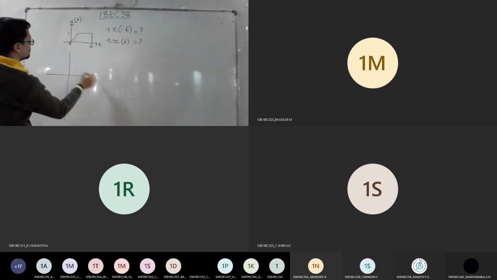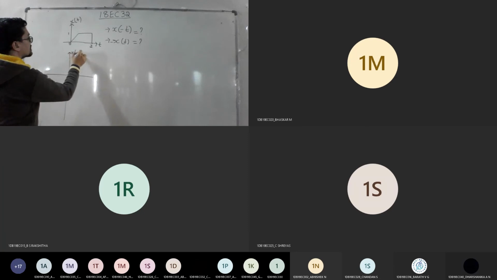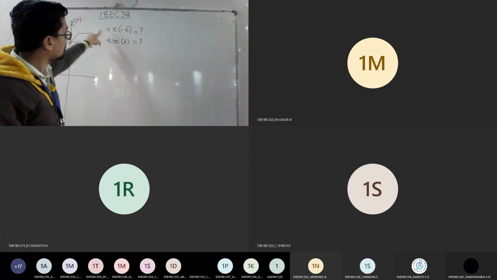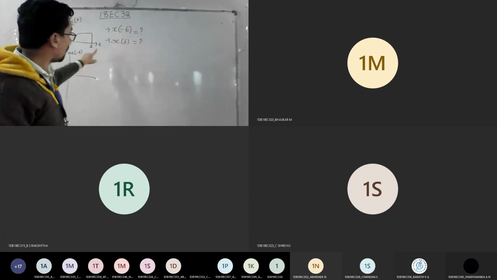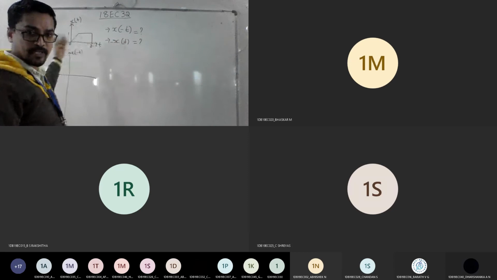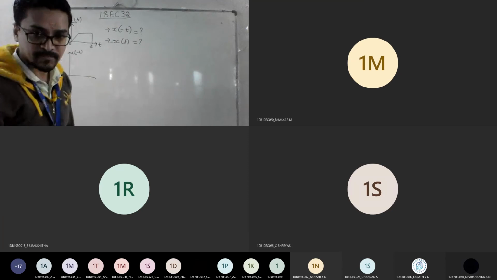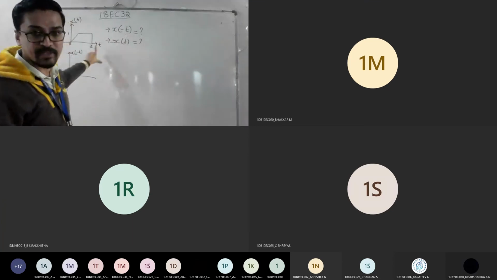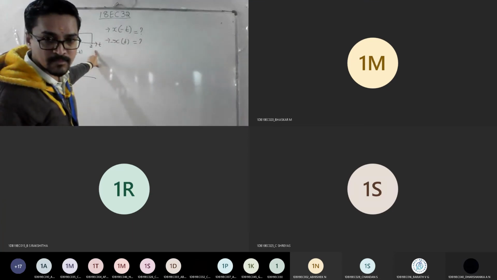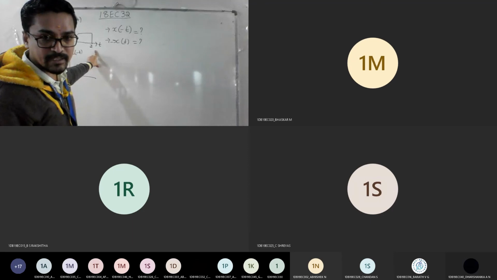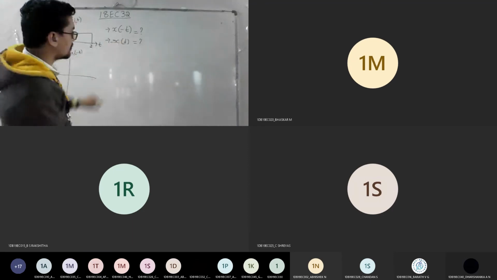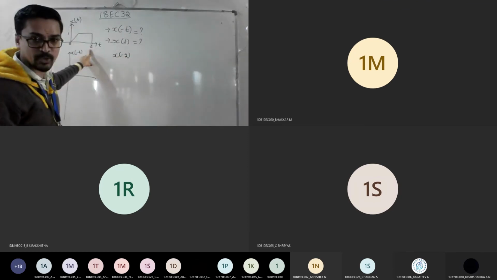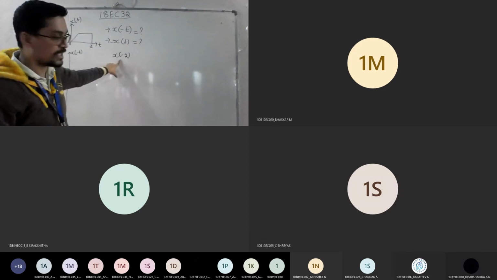Just understand clearly. Now I need to plot x of minus t. What is there with me? X of t is there. And what have they asked for? X of minus t. It means what was starting at plus t should replicate towards minus t. Agree? Yes, sir. So t was at 2. Now because of this minus t, what is the value of t? If I take x of minus 2, I need to plot x of minus 2, correct? The maximum t value is 2, right? So here I need to plot x of minus 2.